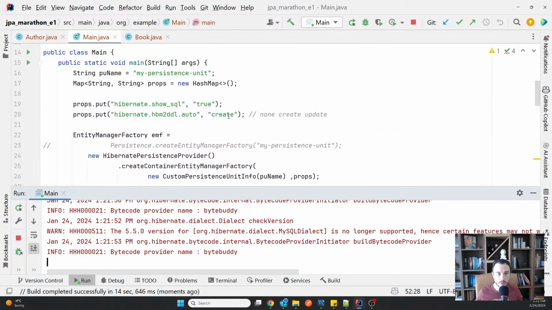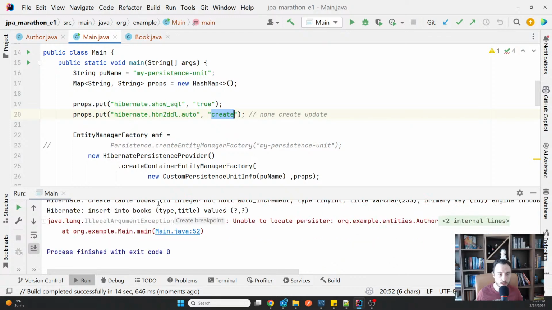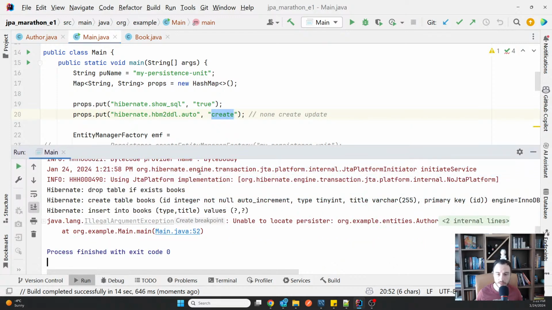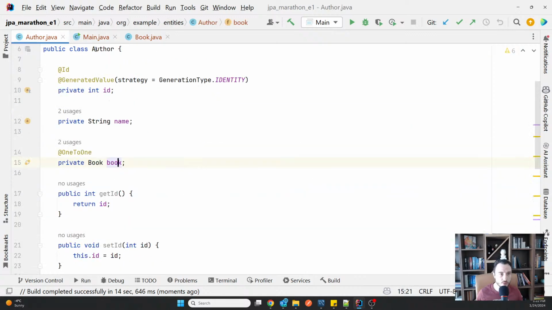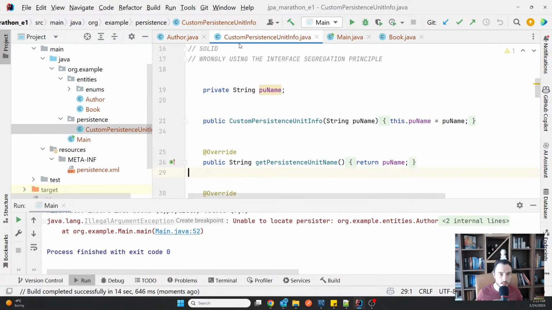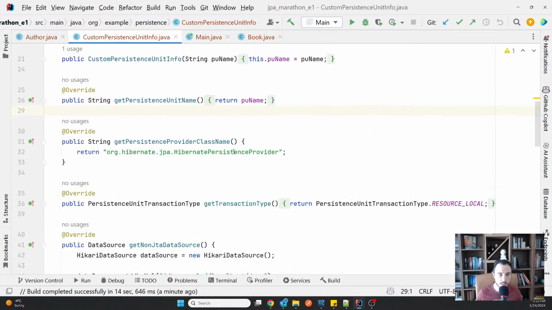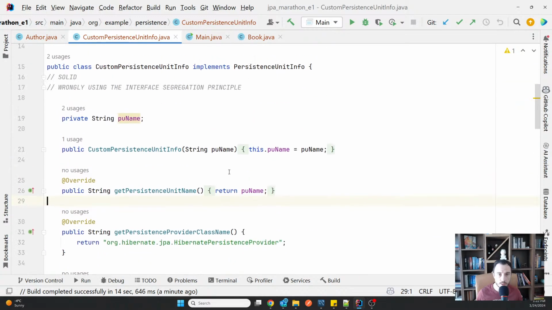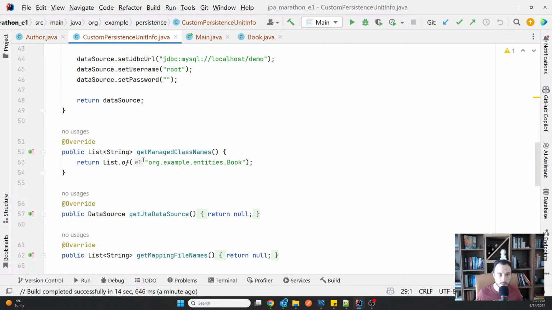So normally it should also create now the tables. That's why you see drop table. Okay, we do have some problems. We know which is the problem. Remember that I have created a new author, but being that I'm using now this class, whenever I'm defining new entities, I must be sure that Hibernate knows about them. And that was right here, which means I should have added the author to the list as well. So let me do that.